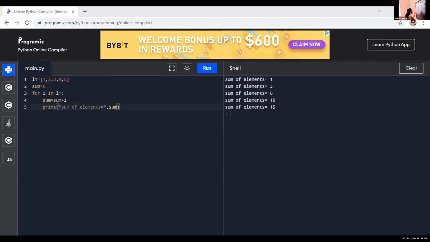Just correct it, Vinayak. Move this print statement here, the same alignment of 4, and save and run. Save the program and run. Okay, now only one sum of elements.